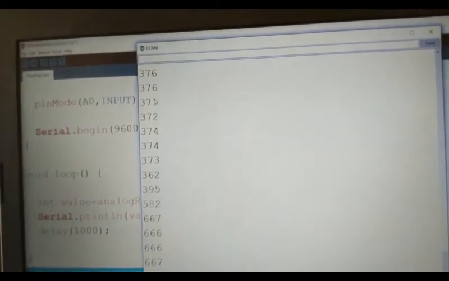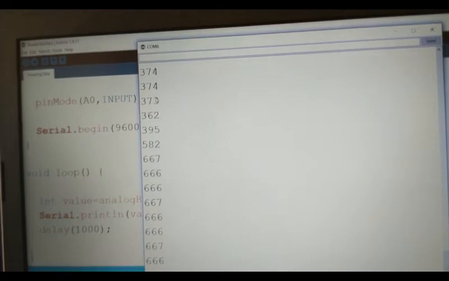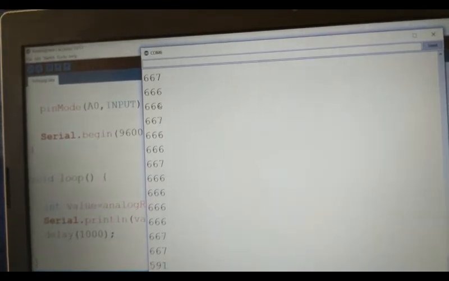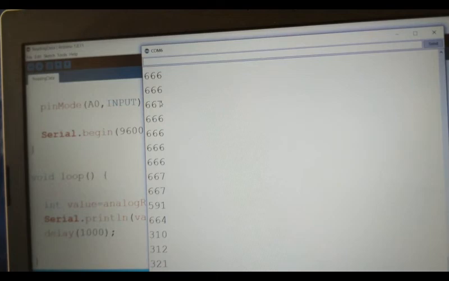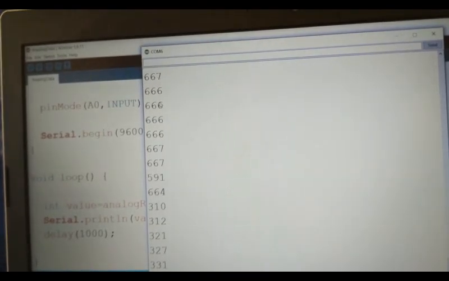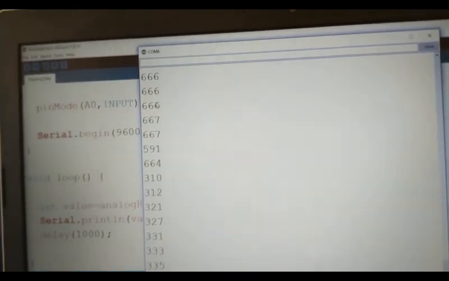See, now I have removed the sensor from the soil. I am getting the value 600 something. The reason, the dryness is more. Once again I will insert into the wet soil. Yeah, now it is changing to 300 something. So in this way, in IoT applications, we can use sensors based on our requirement. And with the help of sensor and its returned value, we can take a decision.